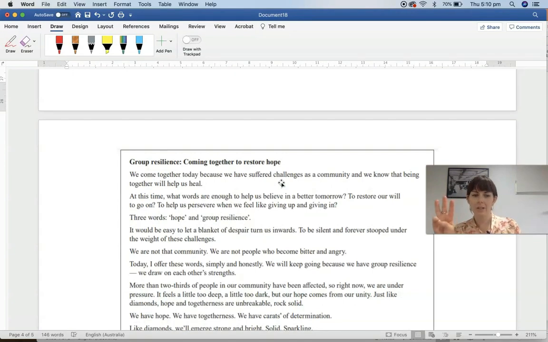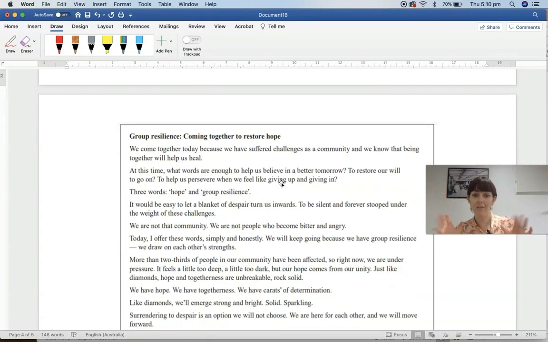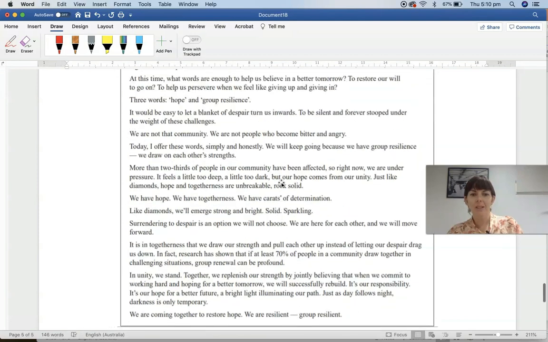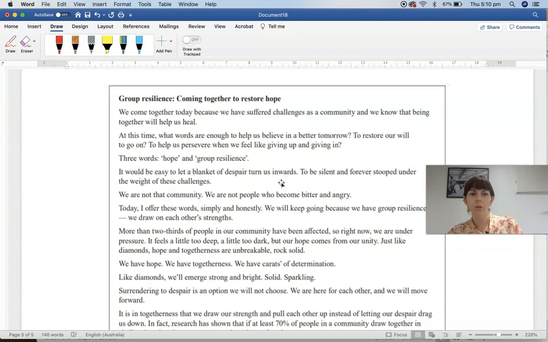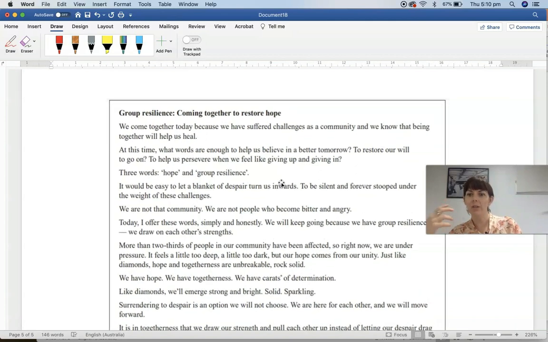Okay, our third example this afternoon, we're not going to have any images anymore in these practice ones. In the exam, you'll have a written and a visual stimulus. As my students have discovered, it's a little bit harder, I think, when all you've got is words to go off. So we have a short stimulus here. This is from an actual past exam, so let's have a look. It's called Group Resilience, and it's a transcript from a speech from a community